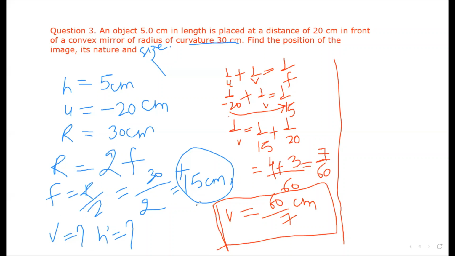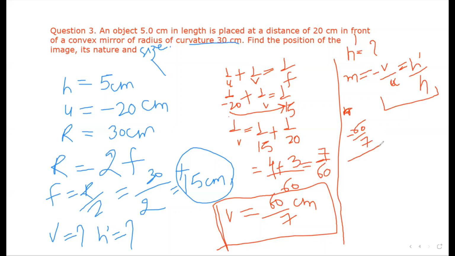Now let's see how we'll get the size. The size, H dash, we have to find out. So how will you find out H dash? Same way, magnification. There are two formulas. Minus V by U equals H dash upon H. Now we will use this combination. So minus, what is V? We got it as 60 by 7. So just put it here, 60 by 7